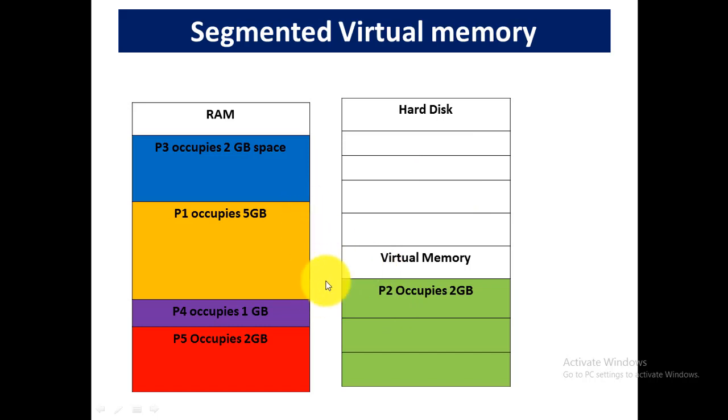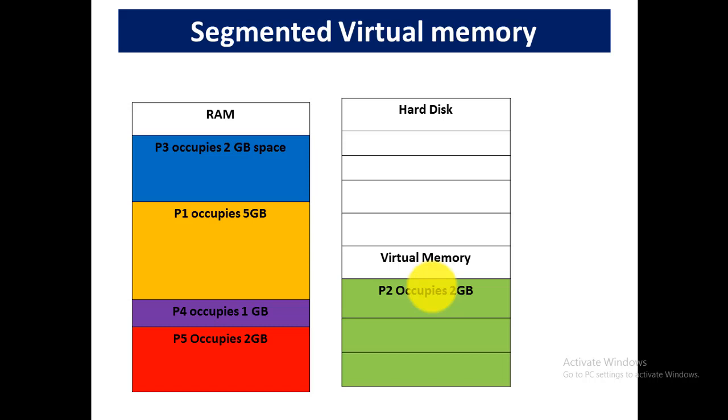It moves P5, which was in virtual memory, into RAM, and P2, which occupies 2 GB and was of equal size, will move to the virtual memory just because it was not currently in use. So in this way, the segments swap between the RAM and the hard disk